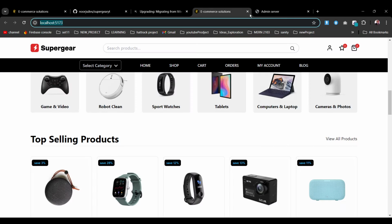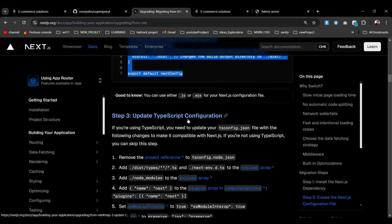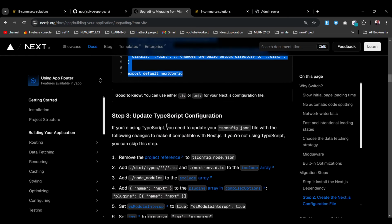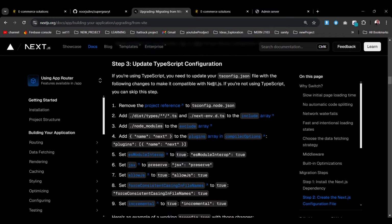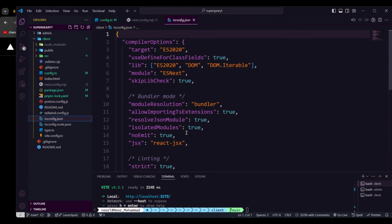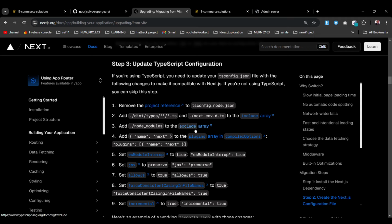Okay, so after this step, there is another step: update the TypeScript configuration. If you're using TypeScript, you need to update your tsconfig.json. If you see here, tsconfig.json, that's the file we're talking about. This file I need to update. Okay, what I need to update,